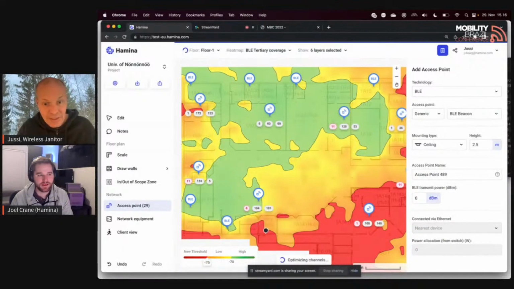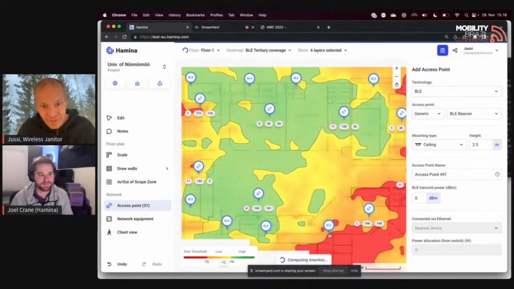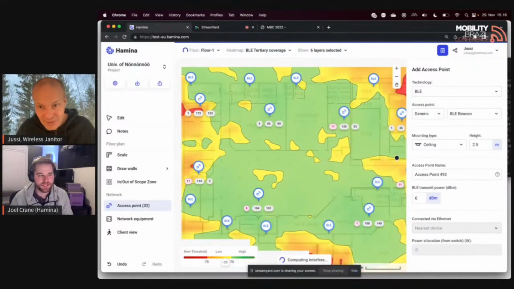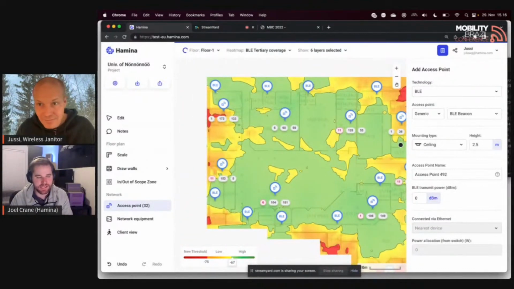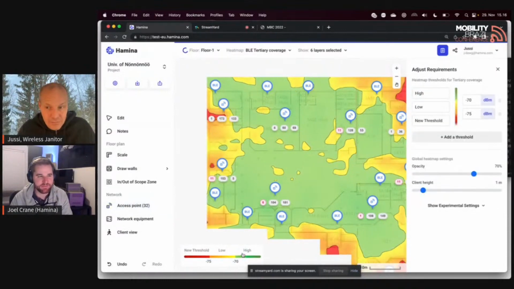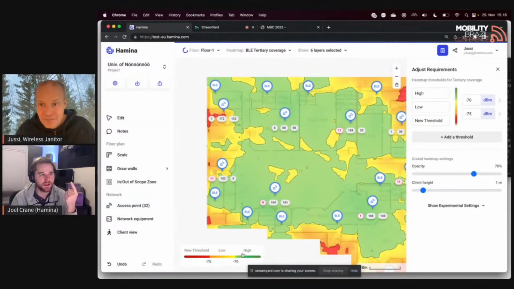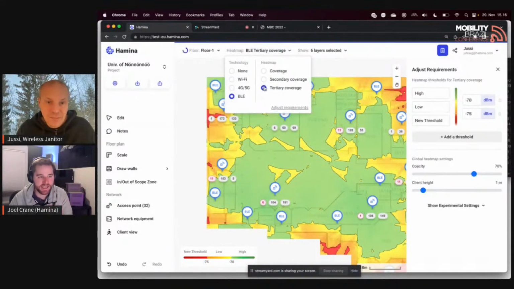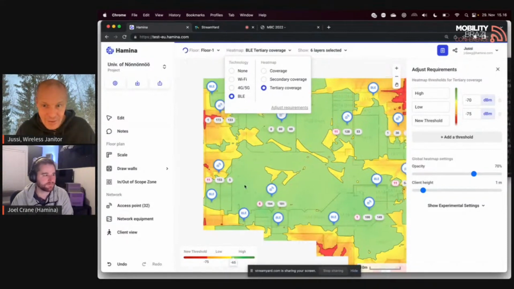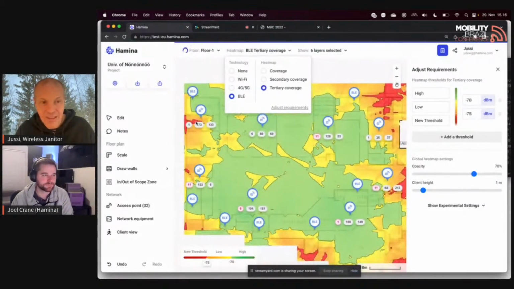We're starting to get a lot more of that tertiary coverage here. And you see, just to be clear, the green is where we have negative 65. What's the threshold? Oh, we have negative 70 dBm from not one, not two, but three. We can hear 3 or more beacons from that location at negative 70 dBm or better. Exactly. So it's a pretty stringent threshold, and we can see now we have a combination of BLE beacons and